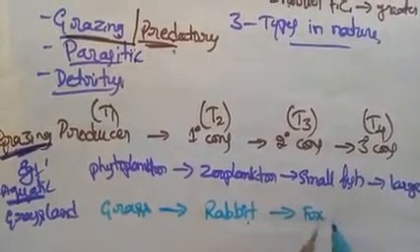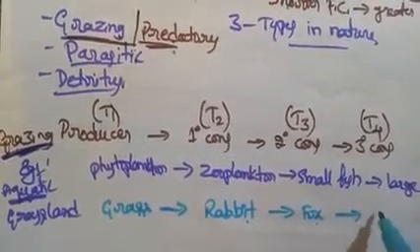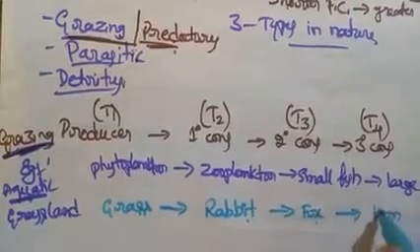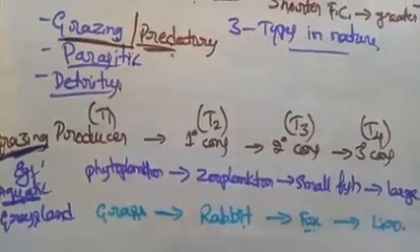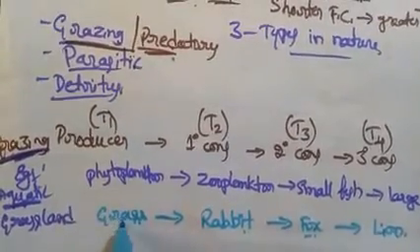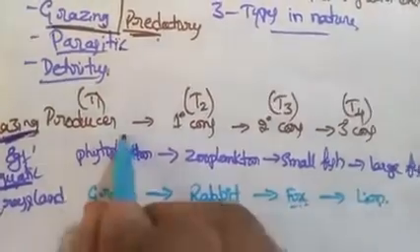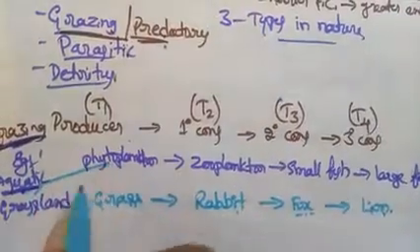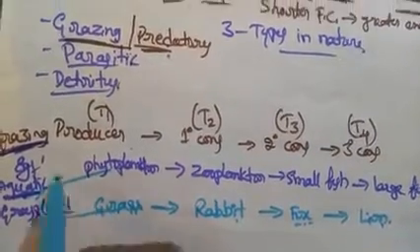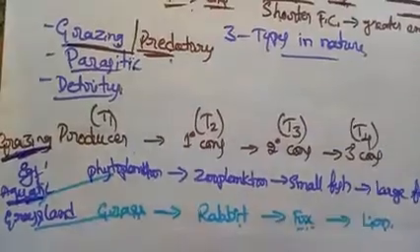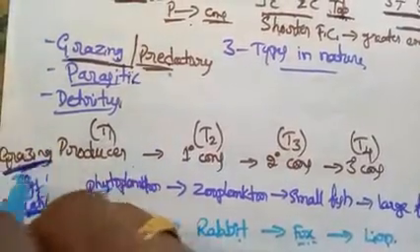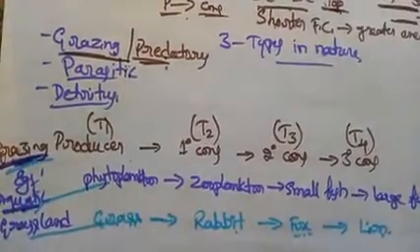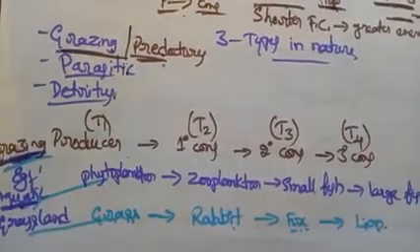If it is dead, then it is eaten by. Then ultimately the topmost is the lion, the top carnivore. So it is eating the fox. So likewise we can see T1, T2, T3, T4 as in the aquatic ecosystem, and then the grassland ecosystem are the best examples for the predator or the grazing food chain. Predator type of the food chain or a grazing type of the food chain.